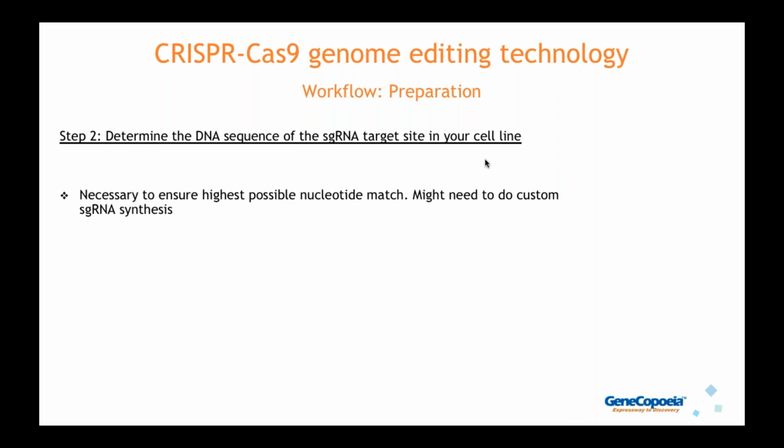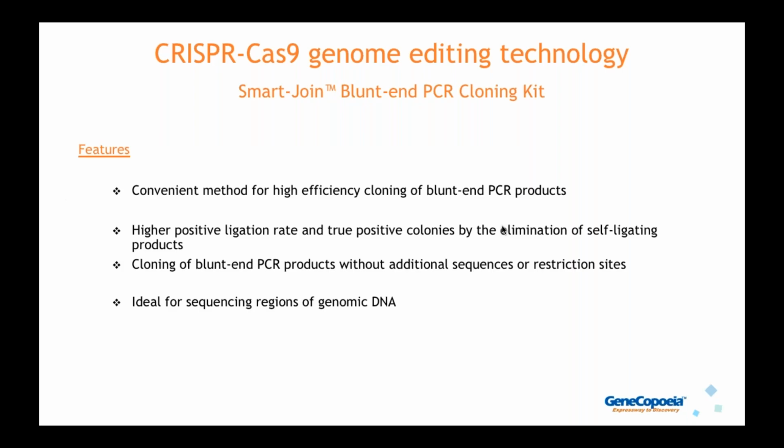And the reason we do that is to ensure the highest possible nucleotide match between the single guide RNA and the genome. Okay, now that's again usually not necessary, but it might be a good step because you might have a polymorphism in your single guide RNA target sequence that can decrease or disrupt single guide RNA recognition by CRISPR. And so in so doing, if you're going to undertake this step, you can consider using our Smart Join